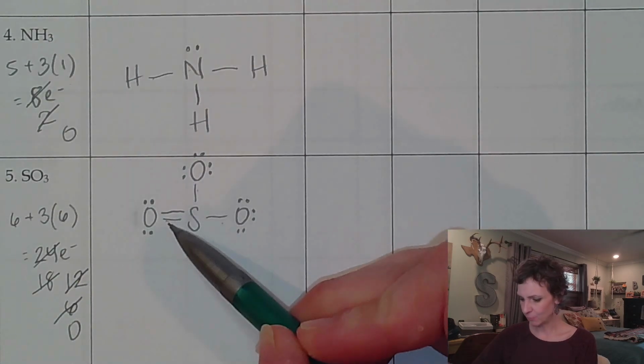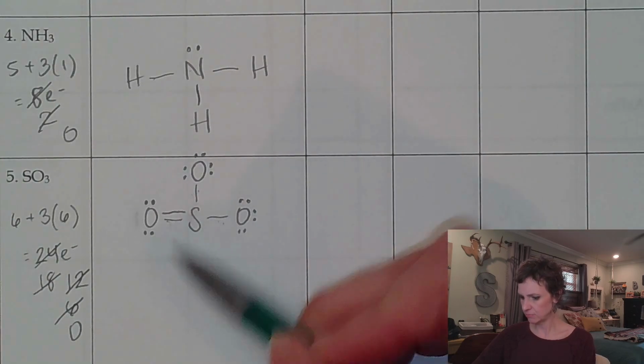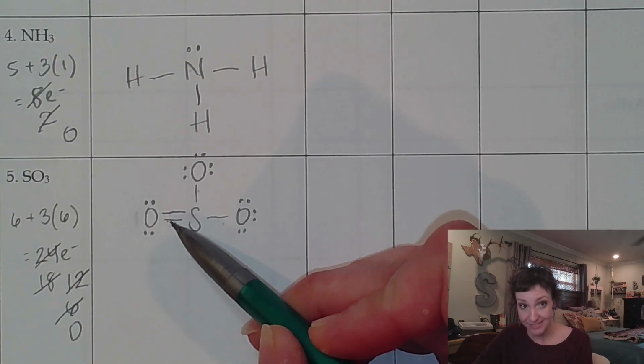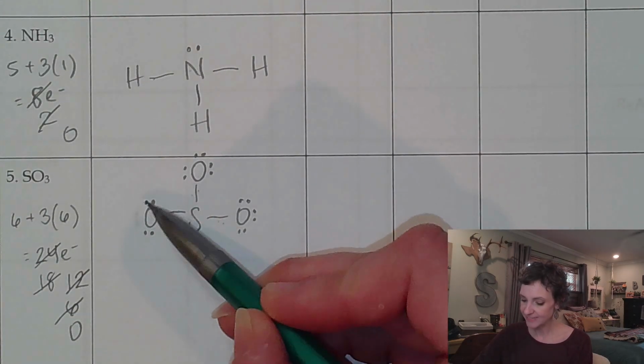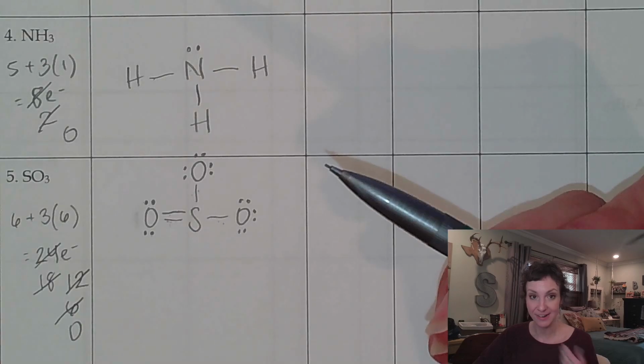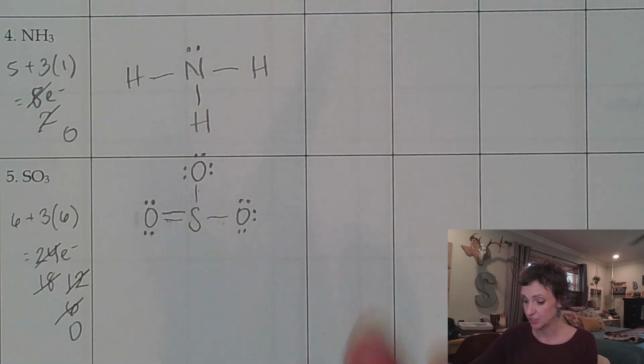Let's check sulfur again. 1, 2, 3, 4, 5, 6, 7, 8. He's got 8. Yay. You're like, but the oxygen, he's still fine too, you guys. 1, 2, 3, 4 that are in bonds with that sulfur. 5, 6, 7, 8. So sharing is caring with covalent bonds. Now everybody's octet is satisfied, but I've got to represent these 3 different resonance structures, which means I'm going to